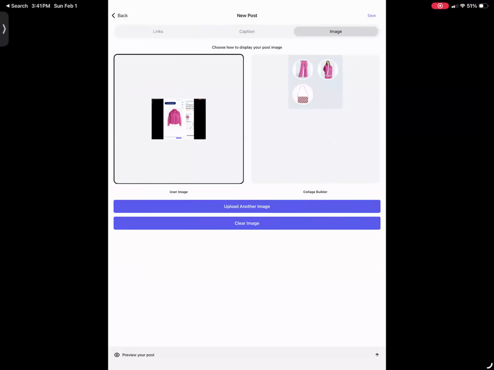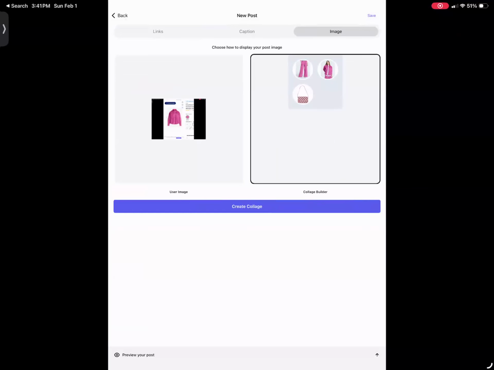Or if you want to do a collage builder, you can do that as well. So if you don't want to create a style board and you want to just save those links in a collage, you can do that as well. But the easiest way,